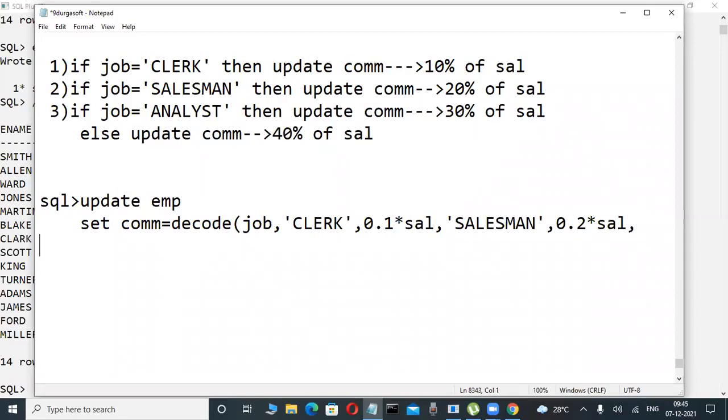Analyst. If job is equal to analyst, then now 0.3 into salary, like this. Otherwise, for all the remaining values, here 40% means 0.4 into salary, like that. That's why you write it in the update statement, check it out for purpose.